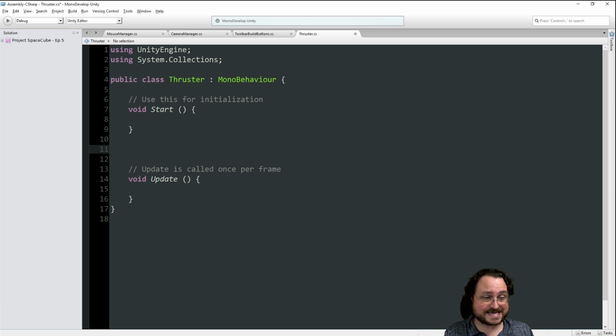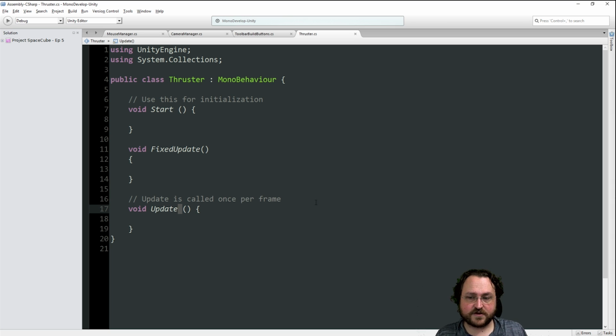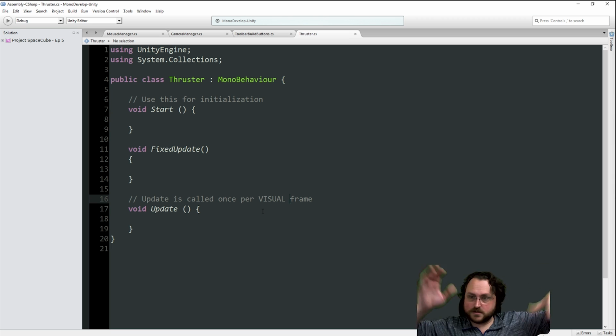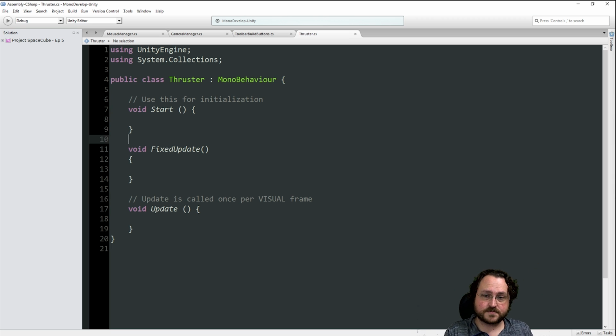So where do you do that? Well, since it's a physics thing, right? We're going to be adding a physics force. You should do that in fixed update. What's the difference between update and fixed update? Update runs every visual frame, right? So if you've got a really fast computer with a really good video card, it could run over 100 times a second. Fixed update runs